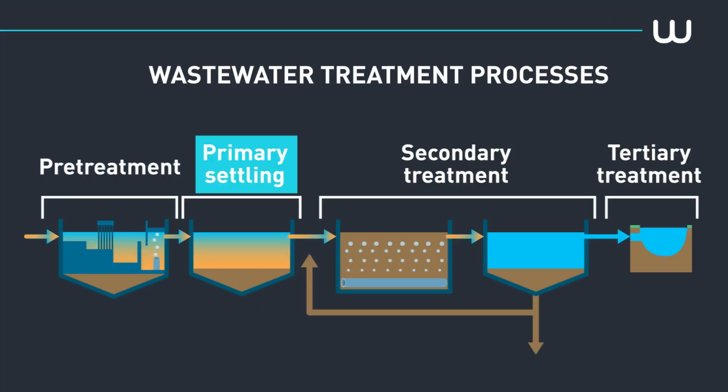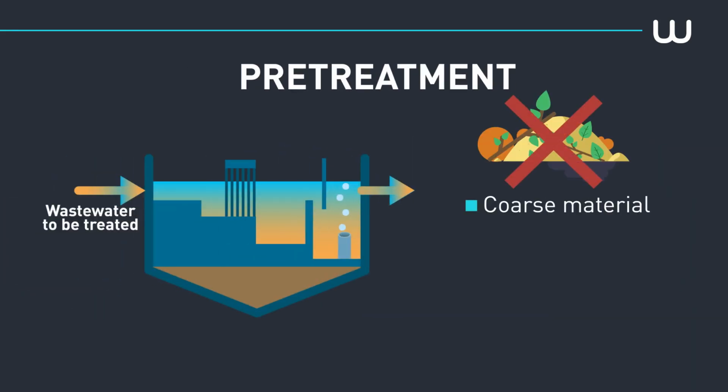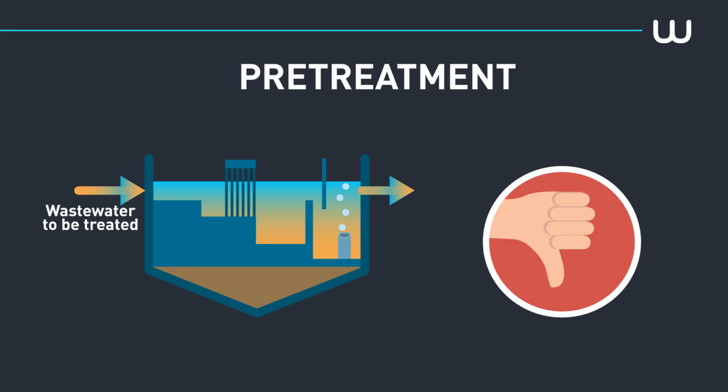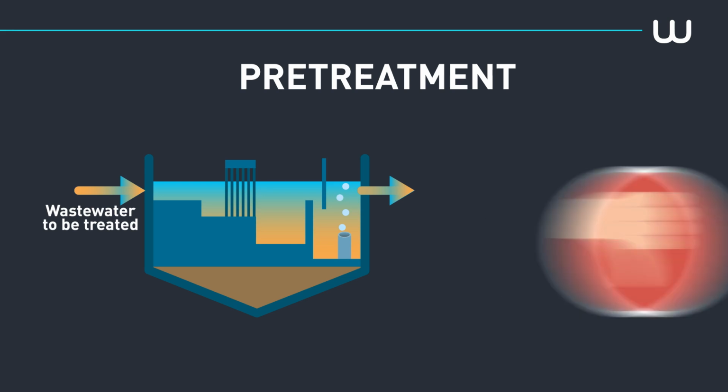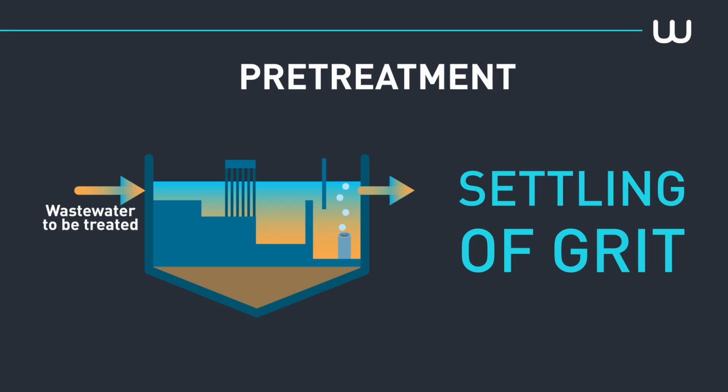There are 4 main stages: pre-treatment, primary settling, secondary treatment, and tertiary treatment. The aim of pre-treatment is to remove coarse material, solid waste, grit and FOGs: fats, oils and grease. This stage is essential because if this waste is not removed, it can negatively affect the operation of plants' installations and electromechanical equipment. This results in particular in fouling in the pumps or the settling of grit, thereby compromising the